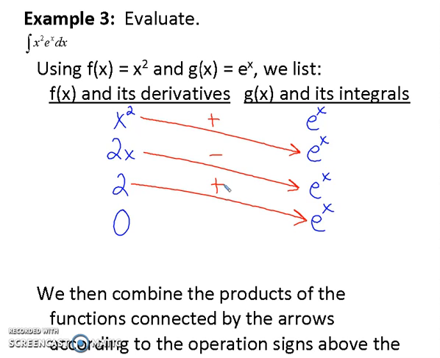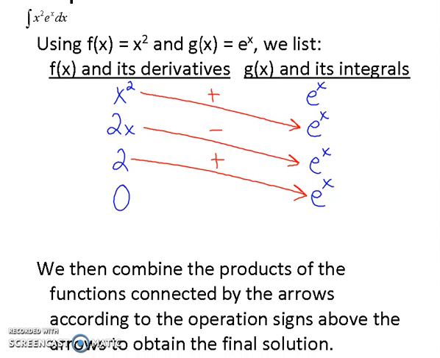Then we combine the products of those things together down here, and we get the answer. So it would be positive x squared times e to the x, minus 2x times what it's connected to, which is an e to the x, plus 2 times the e to the x that it's connected to,